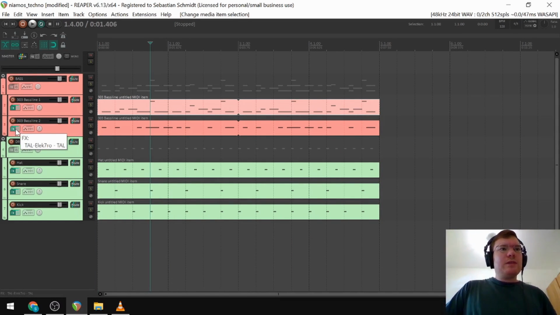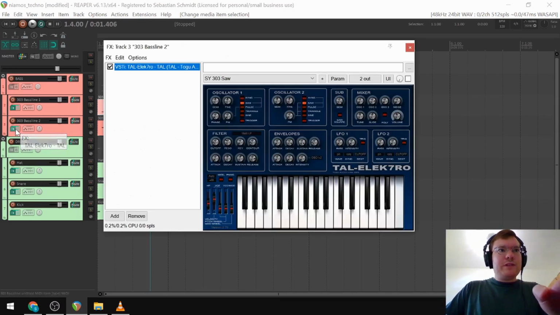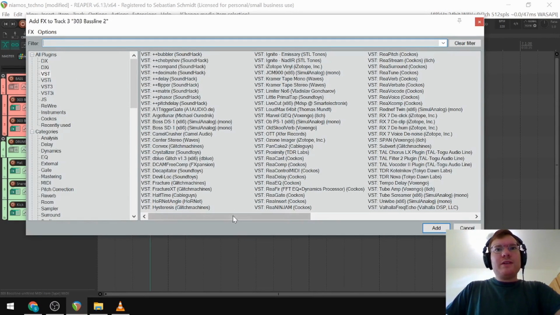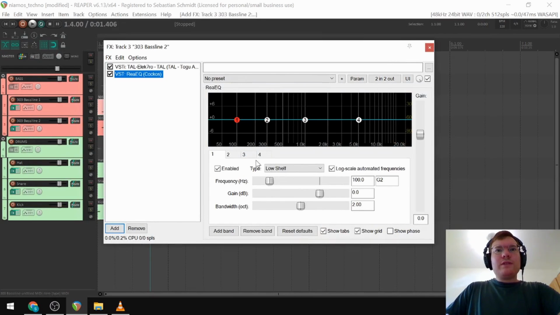Now what I really want to do is just make sure these bass lines aren't conflicting with each other too much. So we're going to use something called EQ to do that. And what I'm going to get is Reaper's standard EQ. Don't be overwhelmed by the amount of plugins on my screen here. It's because I own a lot. We're only going to be working with the free Reaper ones and the couple I've asked you to install in the PDF. So firstly the EQ, and we're going to go for a low pass,